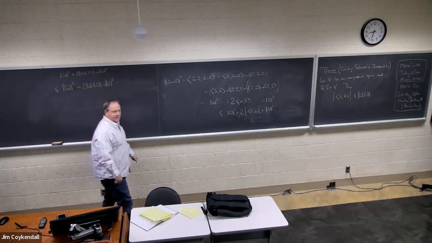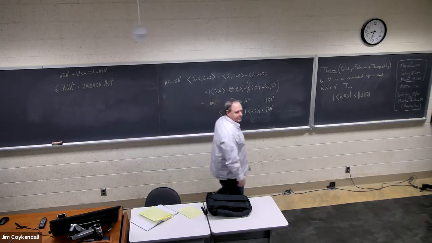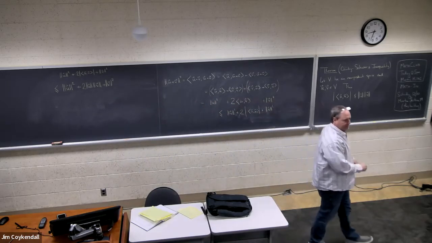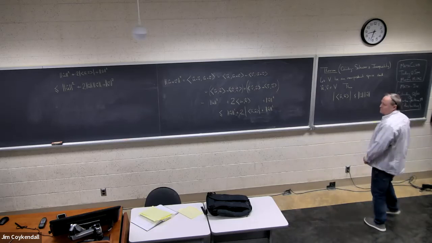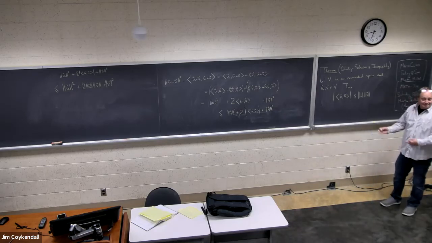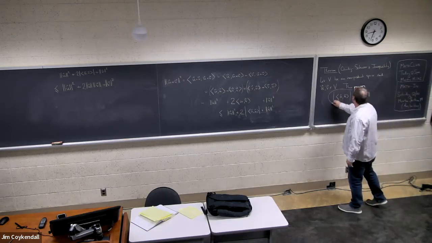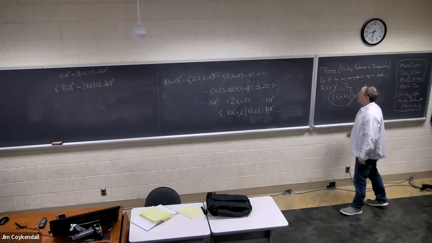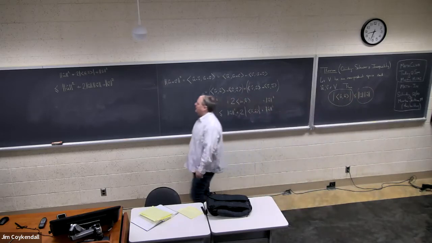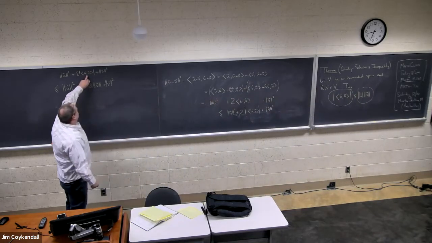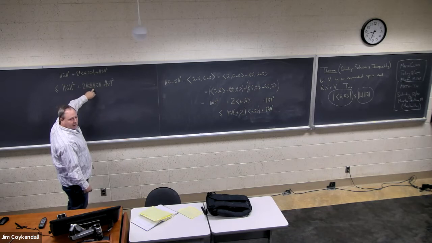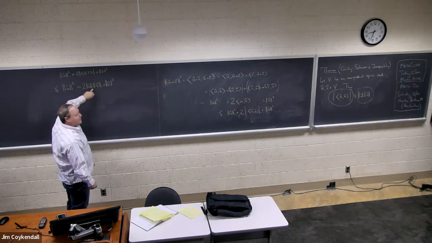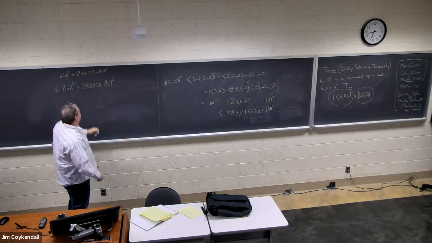Why? Because of these two, this one is less than or equal to this by the Cauchy-Schwarz inequality. So this thing is smaller than this one, and this is equal to